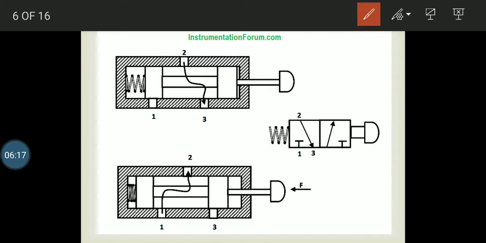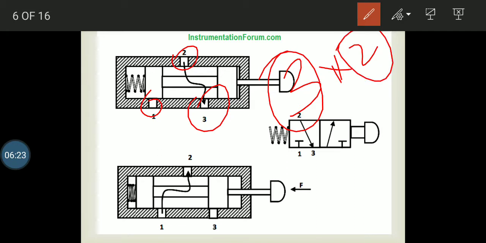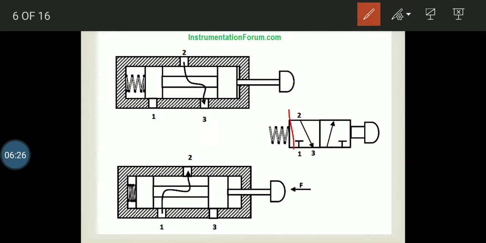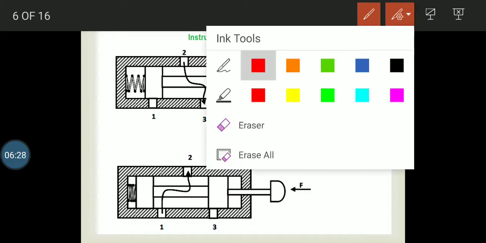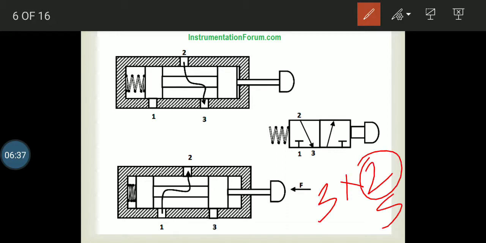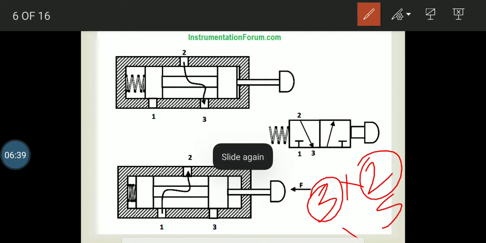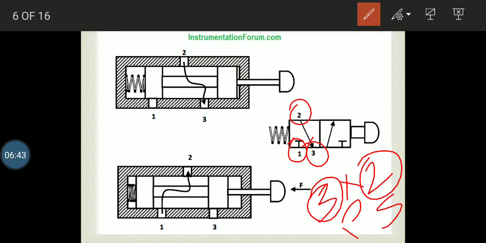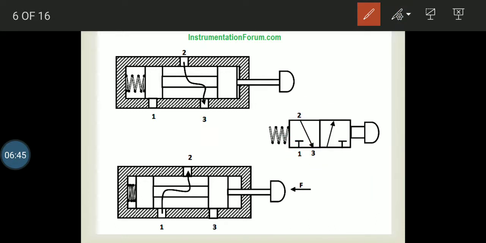3x2 DCV tells us about the 3 ports. We are dealing with the 3x2 now. So these are the number of ports and these are the number of sections. Sections deal with the symbol. We are dividing the complete rectangle into 2 parts, 1 and 2, because it is 3x2 in nature. So ports are port number 1, port number 2, port number 3. So 3 ports and 2 sections. Over here also 1, 2 and 3.